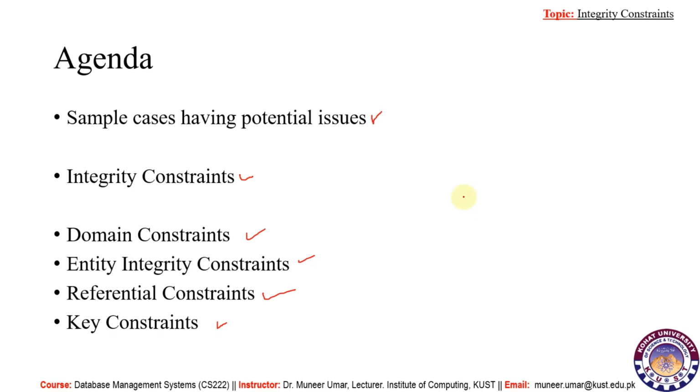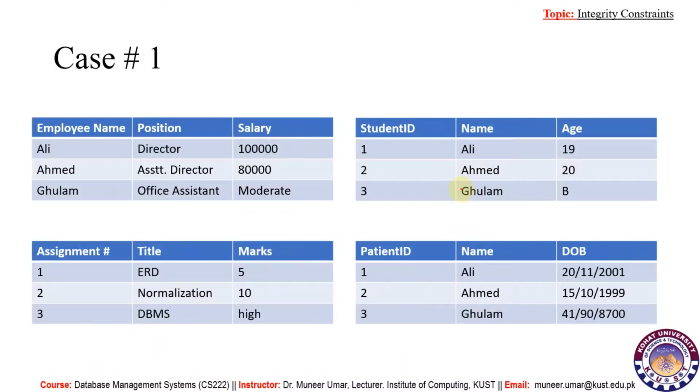So first, let us start with some cases. Case number 1. Here we have 4 tables, and in each table there are 3 attributes. So first we are going to check table number 1. It has employee name, position, and salary. Now if you look into the values or the tuples of this table, you will find some sort of error